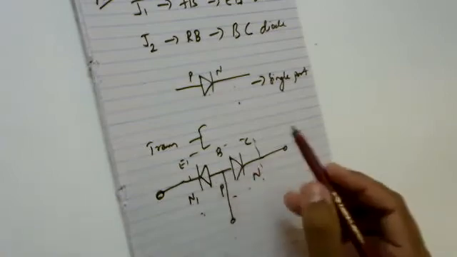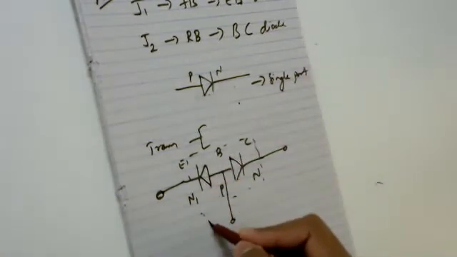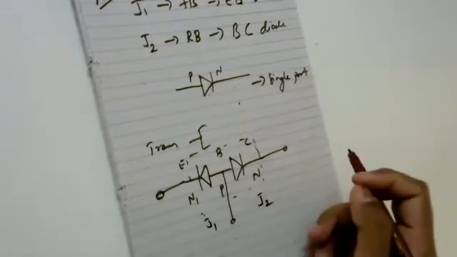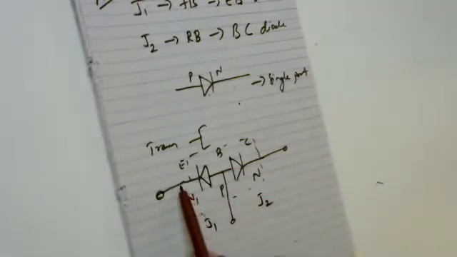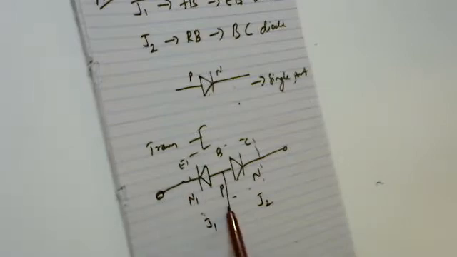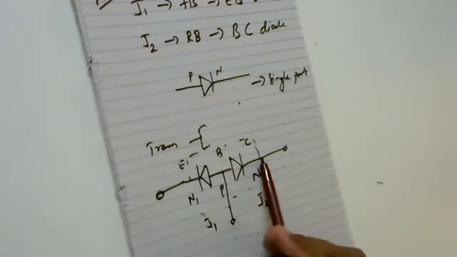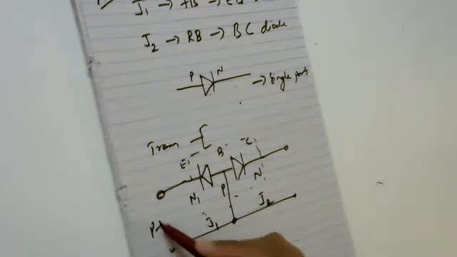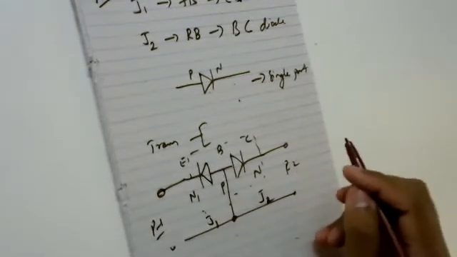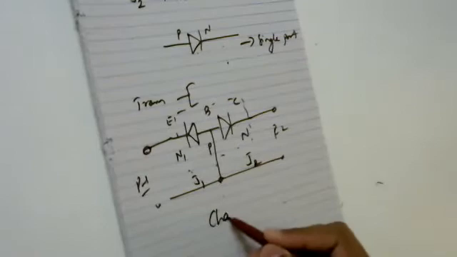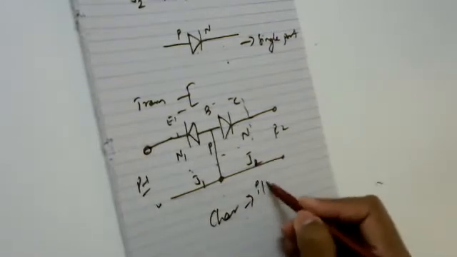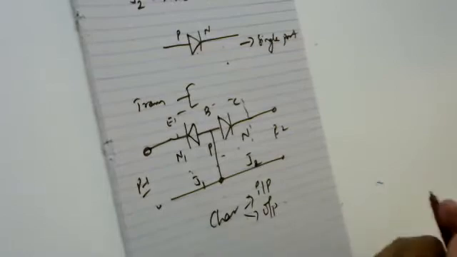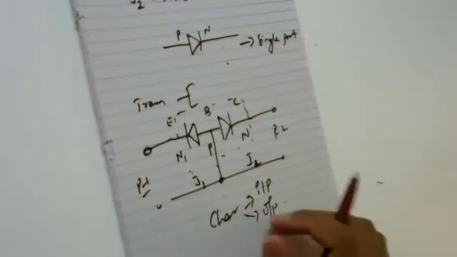Understanding? The same thing I'm saying here: I have one junction J1 and this is my junction J2. The junction J1 is formed by emitter base, and junction J2 is formed by base to collector. Now, since this is a two-port kind of system, port 1 being your input and port 2 being your output, you'll be getting two characteristics, input characteristics as well as output characteristics,